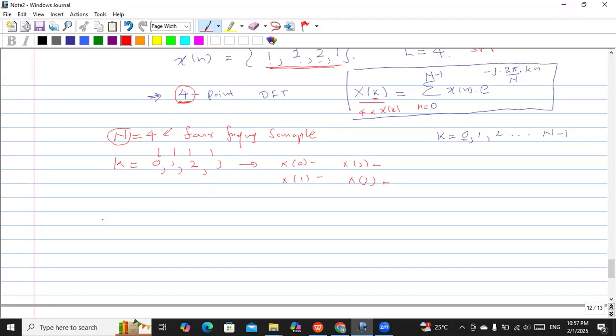So when k is 0, you need to find the 0th frequency sample X0. That is, you need to get this summation from 0 to N minus 1, that is 0 to 3, of xn e to the power